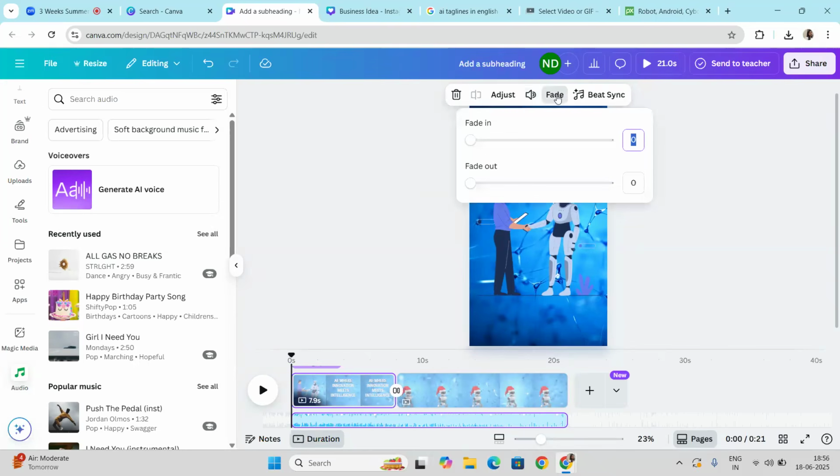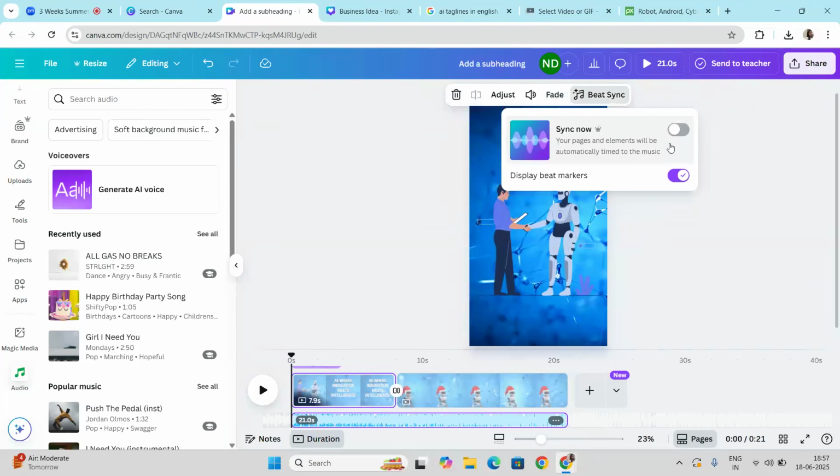Once you click on the fade button, what happens? By this you can add fade in and fade out to the music. Like if you start playing your video, the music starts at low volume, then it reaches its actual pitch. Then while completing that video, it starts to reduce the audio of that music. So fade in and fade out means your music can start and end with a faded volume. So this is something that you can add.